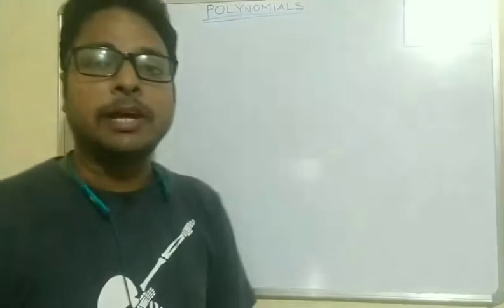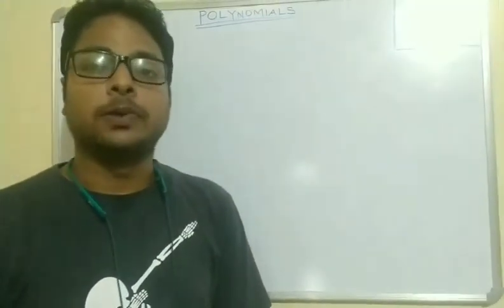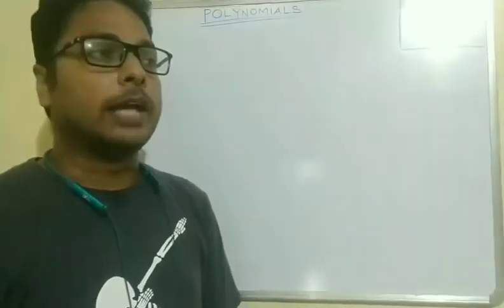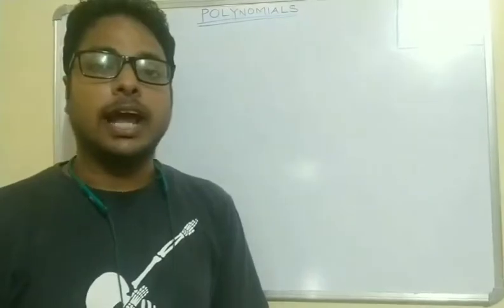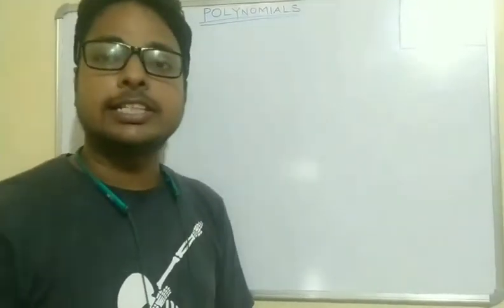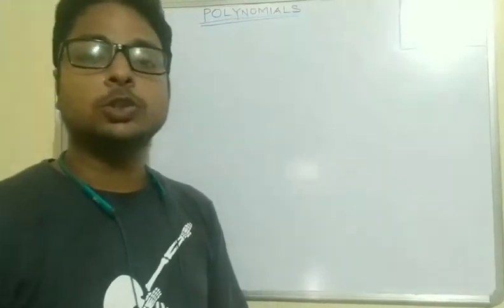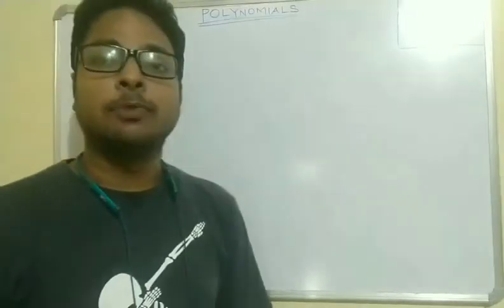Today I will discuss the remaining chapters of polynomials. In the last lectures, I have discussed what polynomials are, the types of polynomials according to the degree, the value of the polynomials, and zero of the polynomials. Today I will discuss the relationship between coefficient and zeros of the quadratic and cubic polynomials, and then some numericals